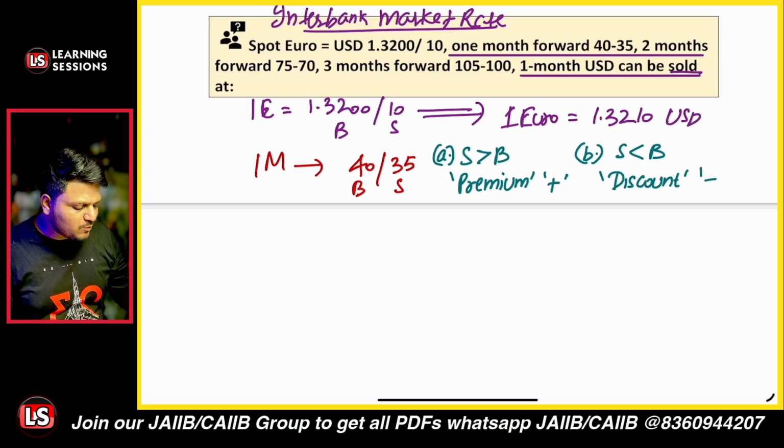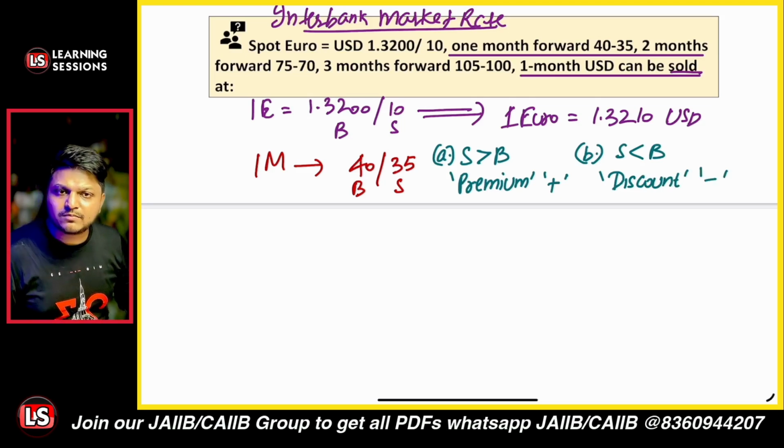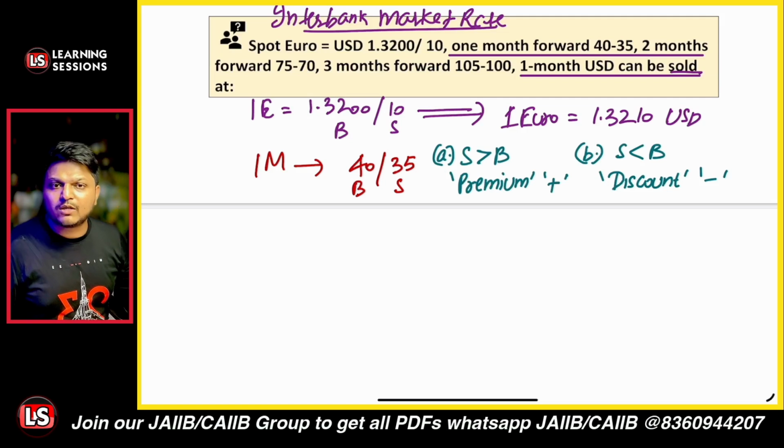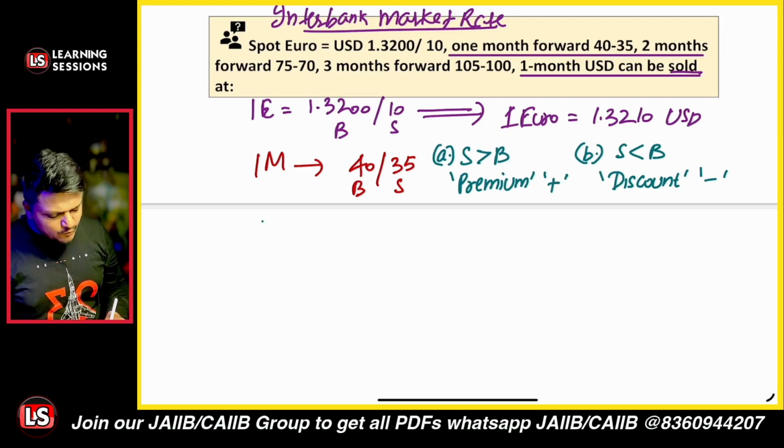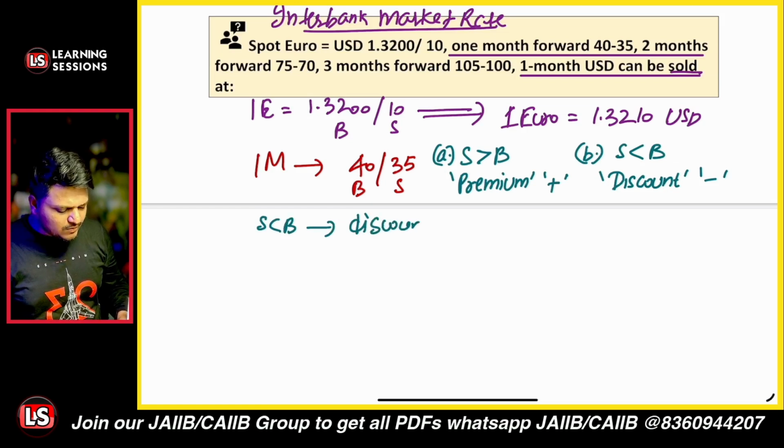And at that particular point, we do subtract the forward points, right? Now, in this scenario, selling forward points are lesser than the buying forward points, meaning the currency is available at discount. So we are to subtract the forward points,